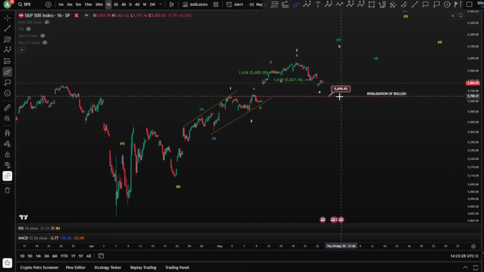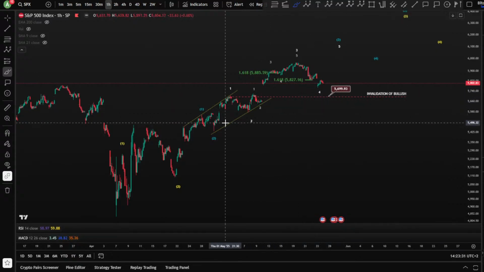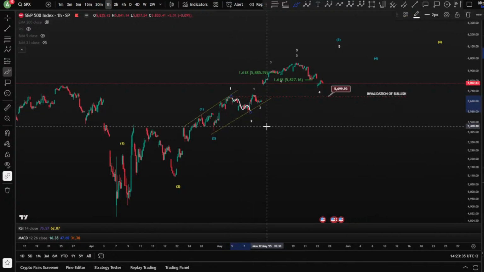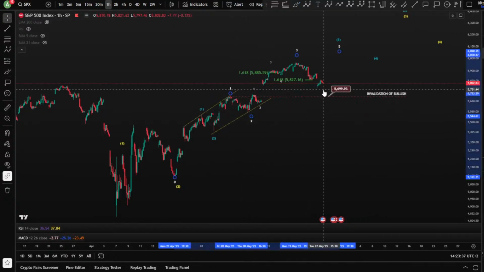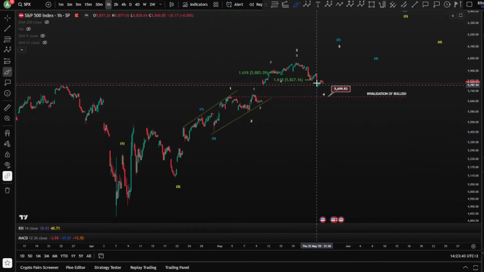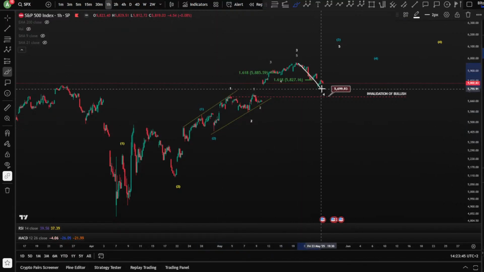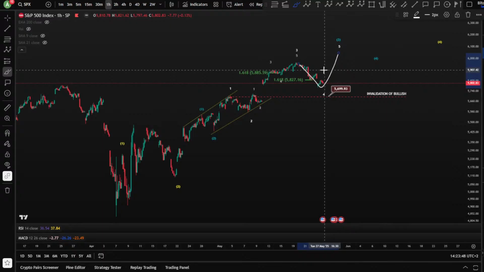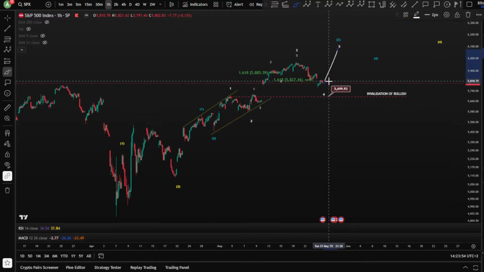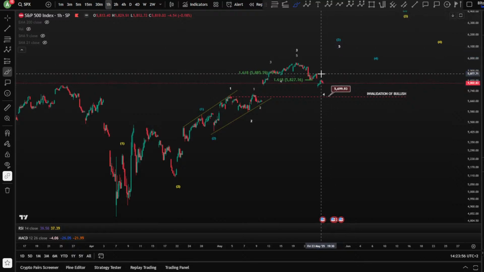Finishing wave 4, yeah? And this wave 4, because you have kind of like a flat for a wave 2, the wave 4 might be deeper, okay? As you can see, the wave 2 is not very deep here, right? And it might be, of course, that your wave 4 as alternation can be deeper and then moving toward the upside again, okay? So possibilities are still higher, of course, to get a wave 5, okay?